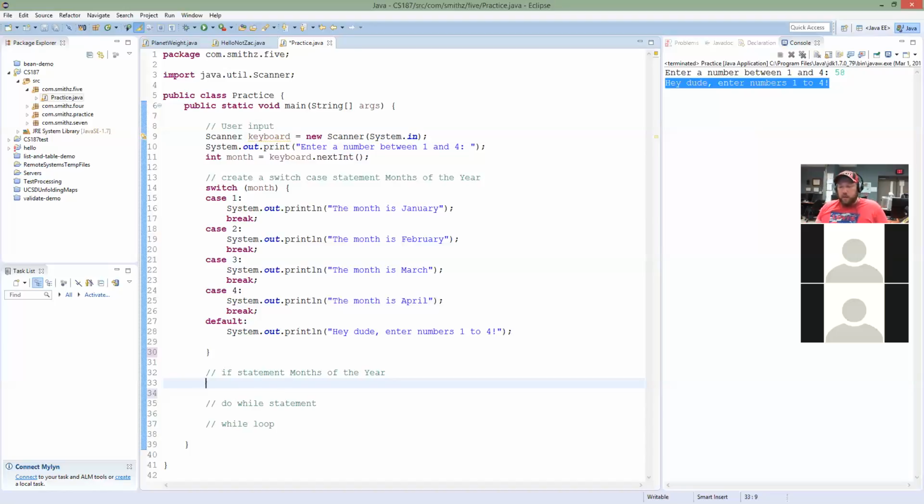So the first one we want to do, according to here, is our if statements. Now, if statements are really quite simple. If, the first part, now we have to set an argument. If what? In this case, we're going to work with our month still, and we're going to say if month is equal to,